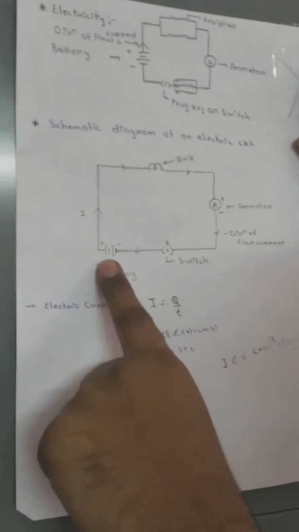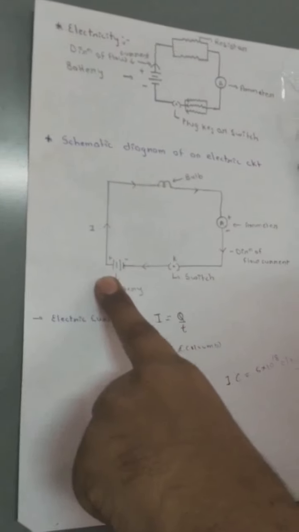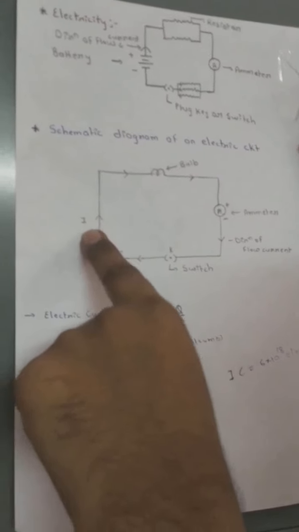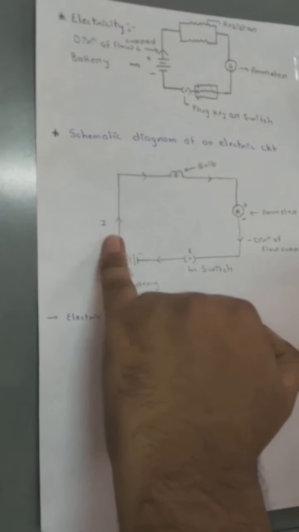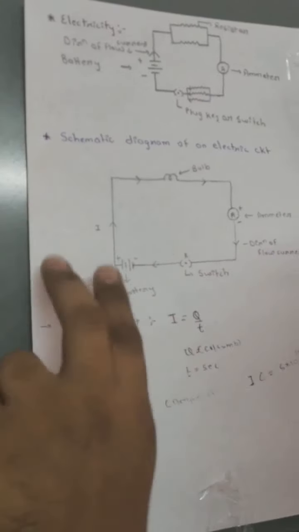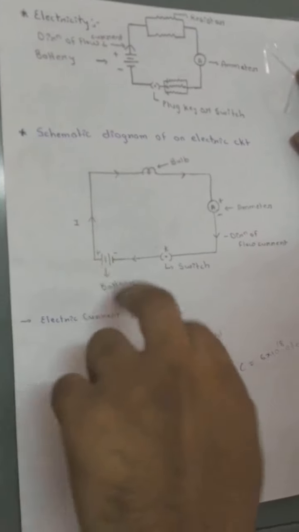This is a schematic diagram of an electric circuit. This is the battery. A battery is nothing but a combination of cells. Here is the positive terminal of the battery, here is the negative terminal of the battery. This is the direction of current. Conventionally, we believe that the current is passing from the positive terminal of a battery towards the negative terminal